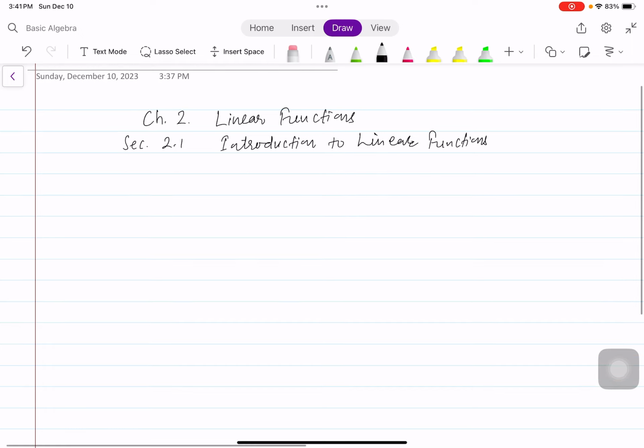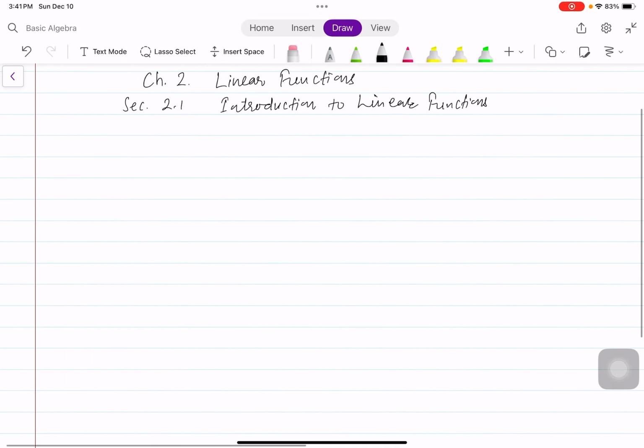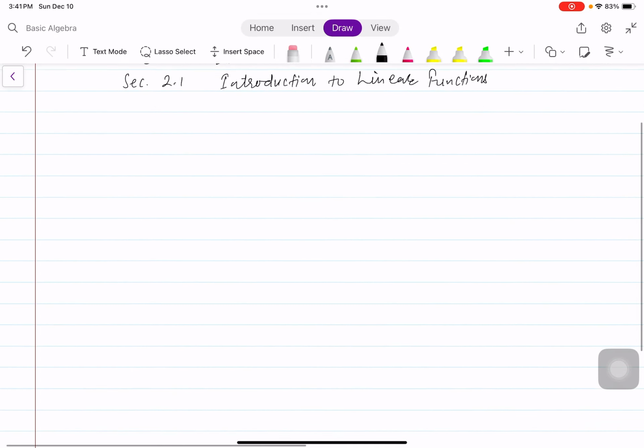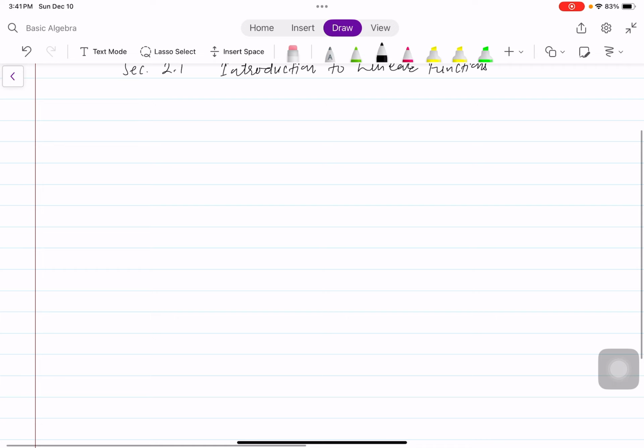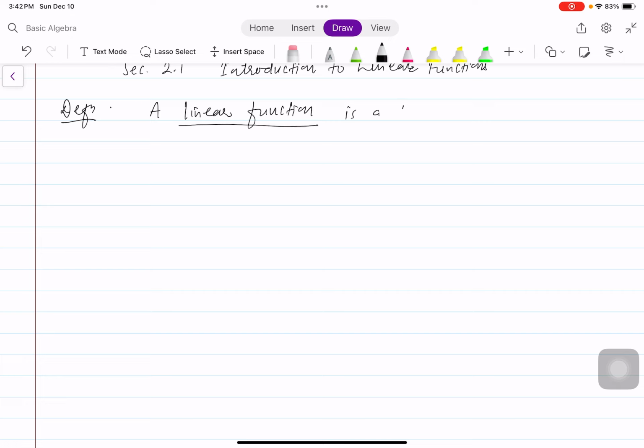Okay, let's focus on the main material now. We will be introducing the linear functions today. Okay, so let's start from the definition. A linear function is a function that can be written as